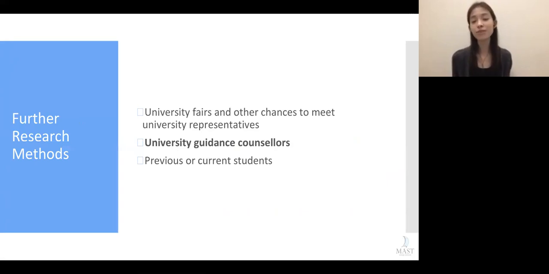With these names in mind, you could start your research. So there's someone you can turn to if you have a vague idea, but you want some extra information about what's different between universities.